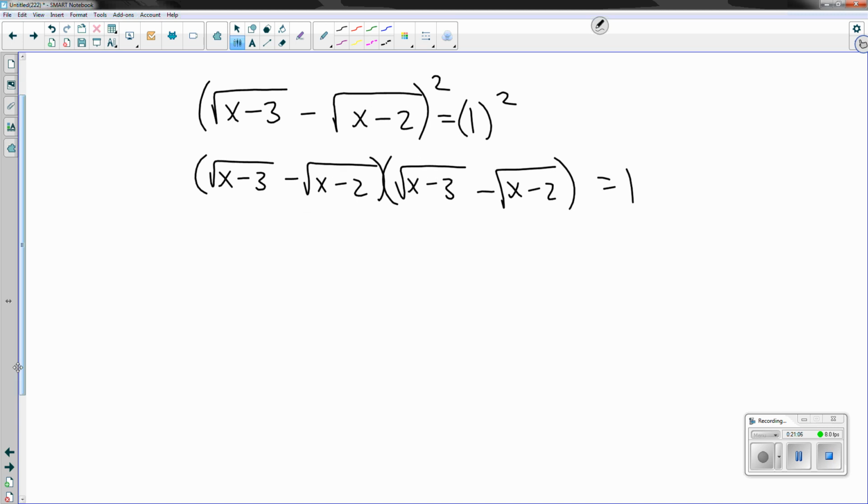Okay, on the first distribution, square root of x minus 3 times the square root of x minus 3 is the square root of x minus 3 squared, so I just get x minus 3 left over. Now, the square root of x minus 3 times negative square root of x minus 2, I'm just going to write as the product of those two things. Now, I could combine them because they're both the same type of radical. They're both square roots, so I could write it like this